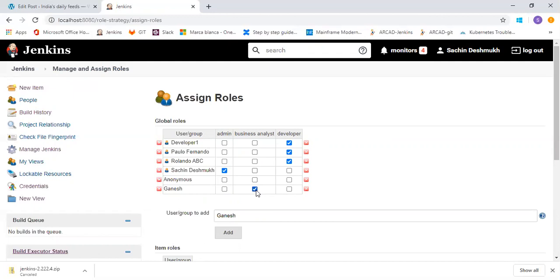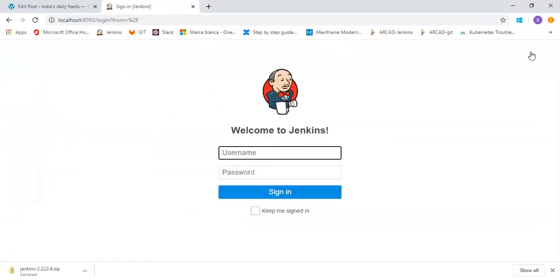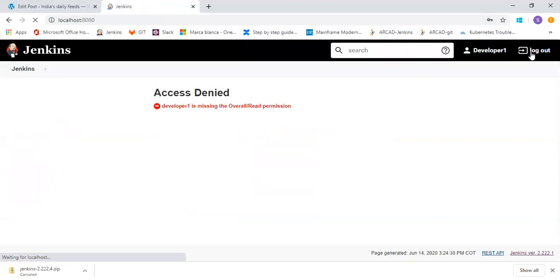That's it. So with this user, you can log into Jenkins, and based on your role, you can see what permissions you have. So if I go to the developer one, let me log out. Okay, developer one is missing overall read permission.